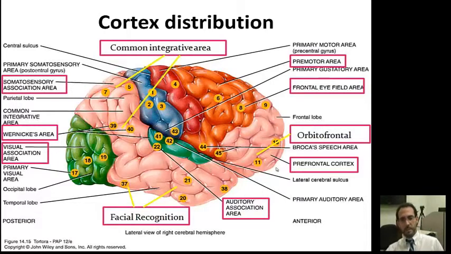Just to let you know, this first part is called the premotor area, and it's important because it can give you a different type of seizure. What I'm trying to say here is that any seizure that comes from different areas of the brain will definitely show, or the patient will feel, different types of sensation, or will experience different types of symptoms, let's put it that way.